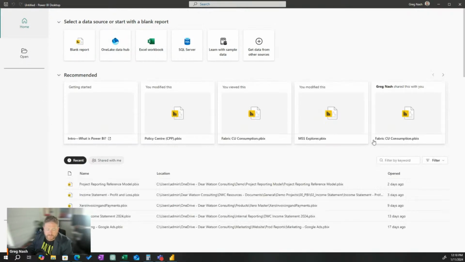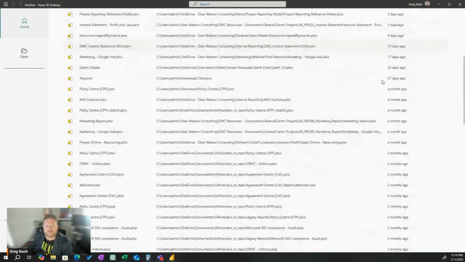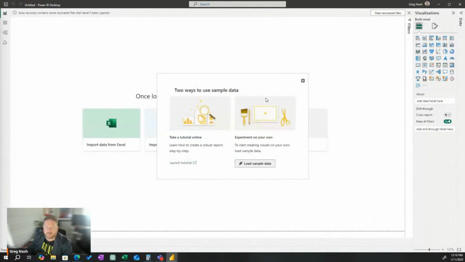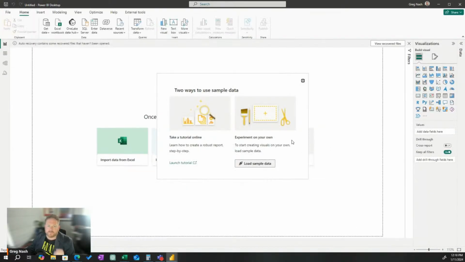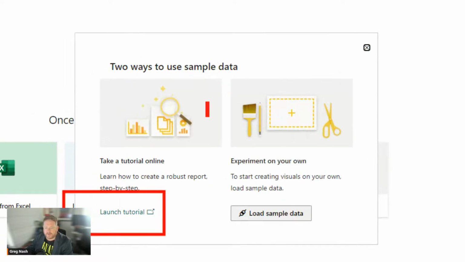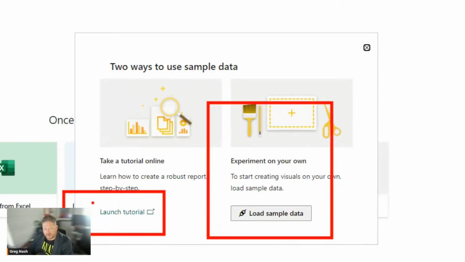Right, how are we going to do this? All of this stuff comes up. I'm going to say learn with sample data. There was a button at the top there. Simple as that. And then there's a tutorial and then there's sample data. I'm going to take you through this tutorial because it's probably the first thing you'll look at when you do Power BI. And then I'm going to tell you why the tutorial's wrong.